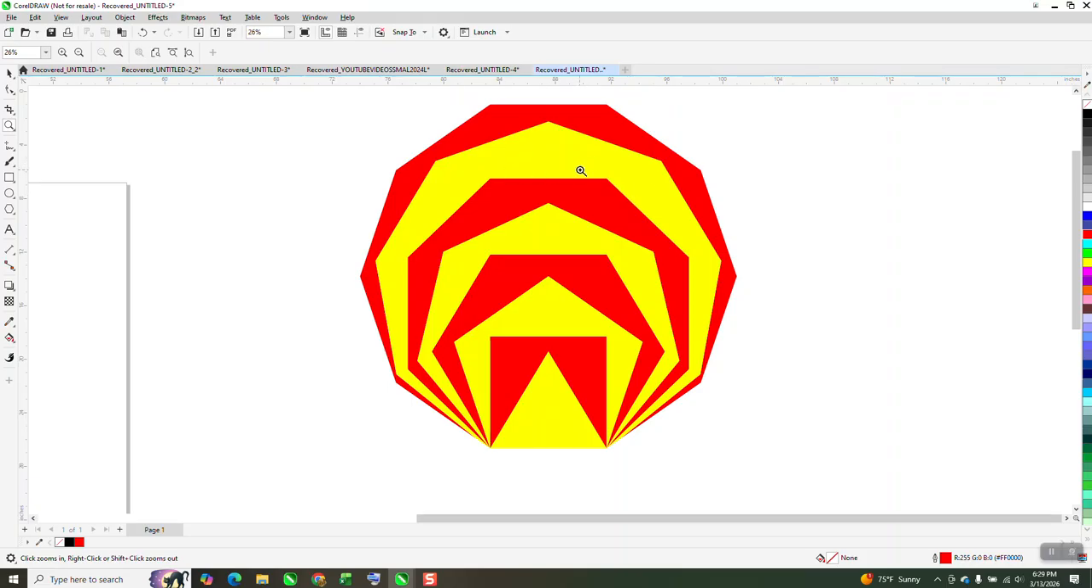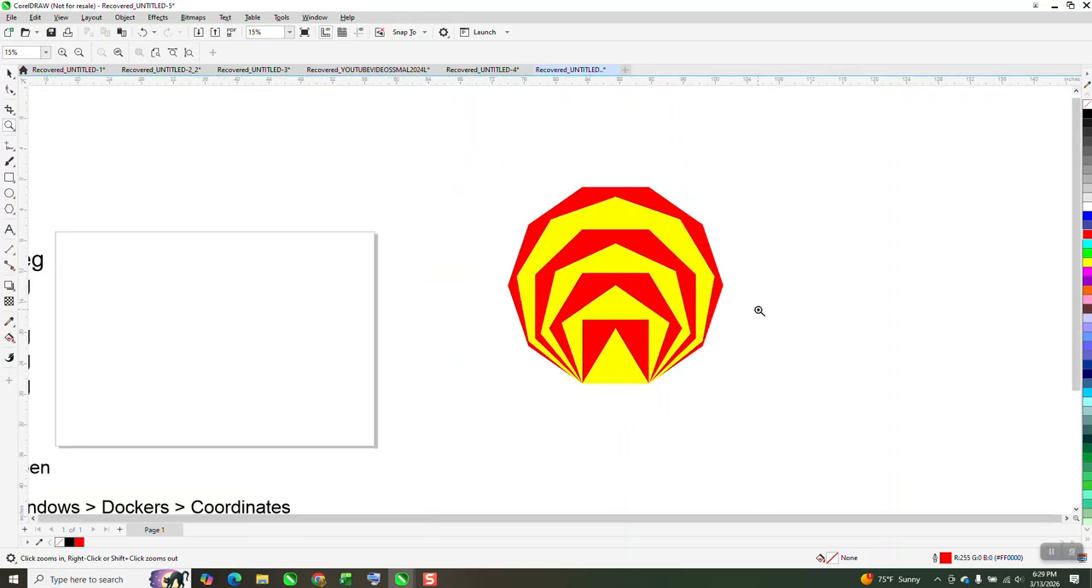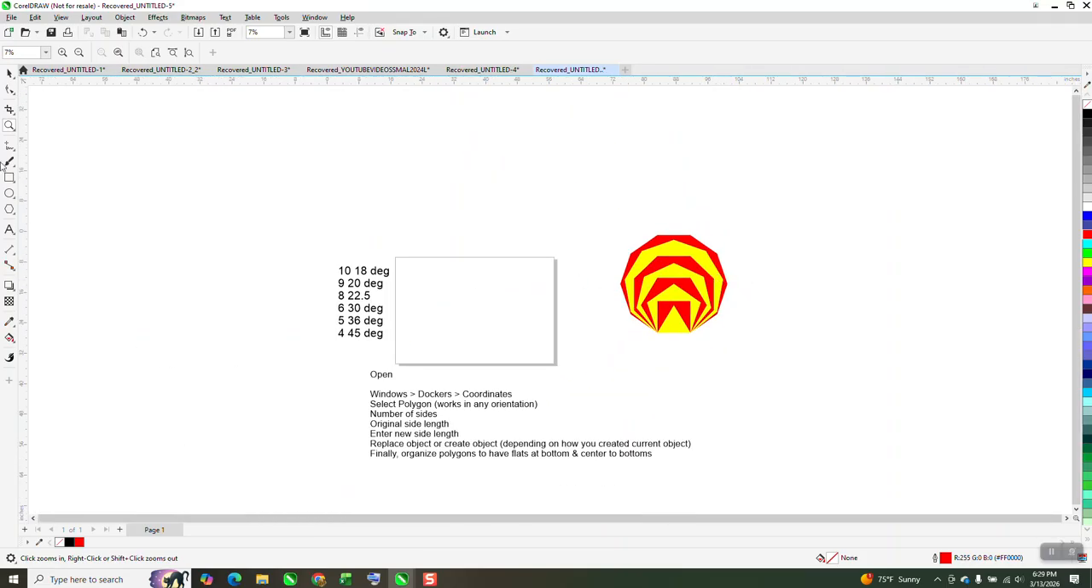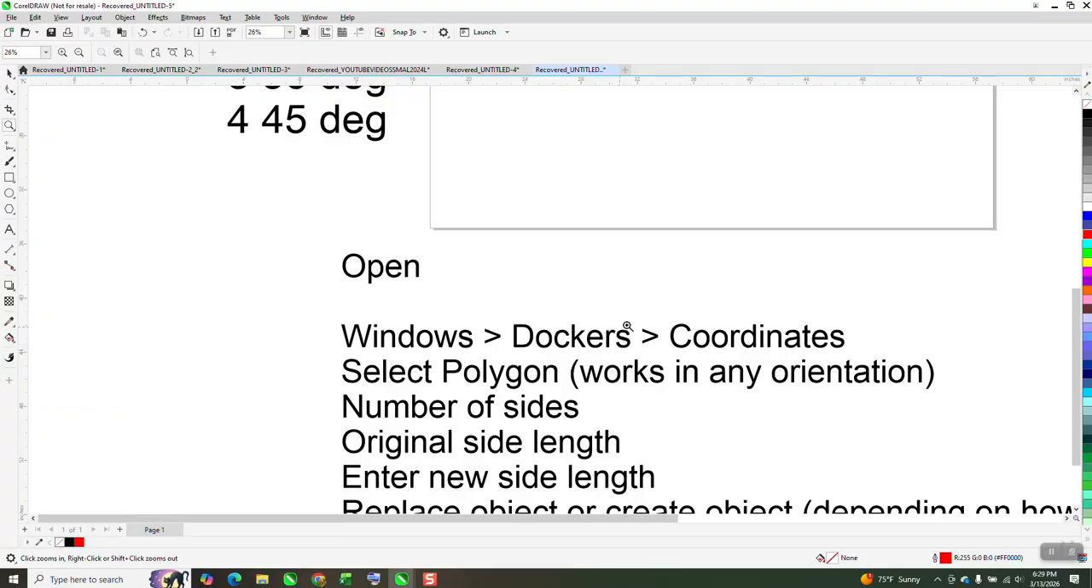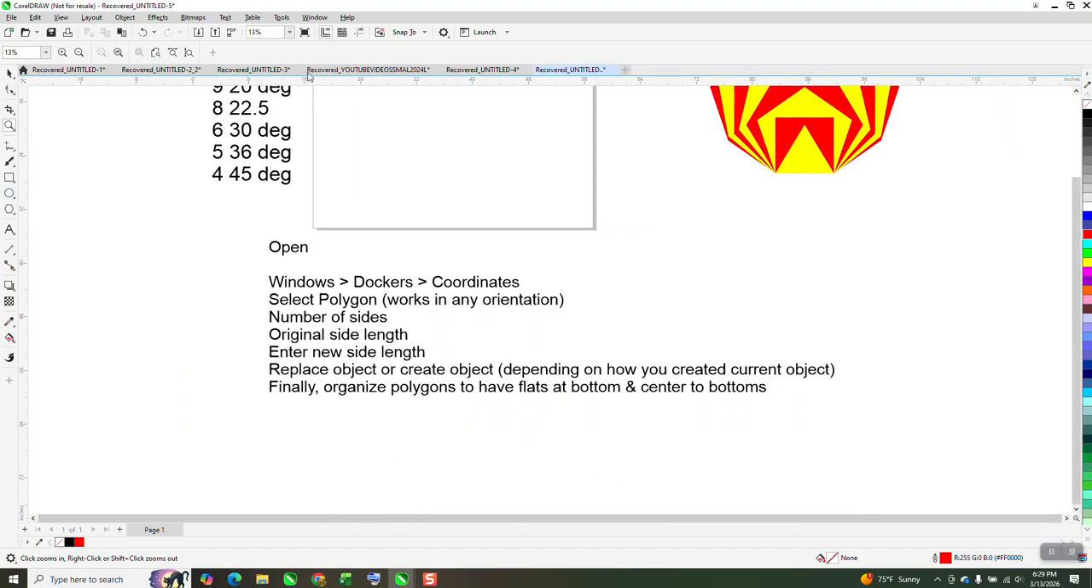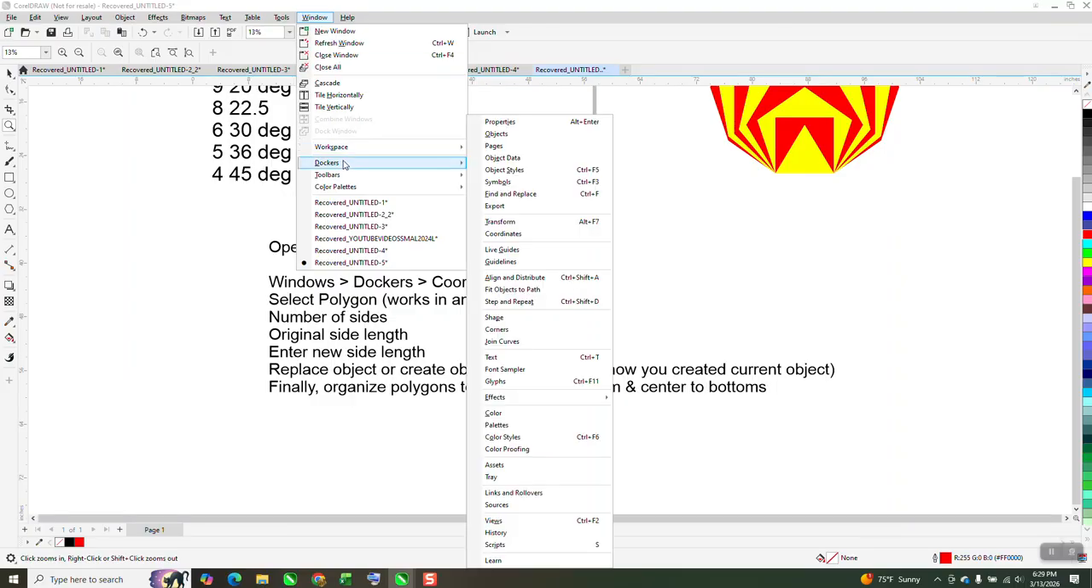I drew this last night for somebody, trying to help them simplify how to do it. And then a viewer subscriber emailed me with a pretty good tip, something I've never heard of. If you go to Windows, Docker, and